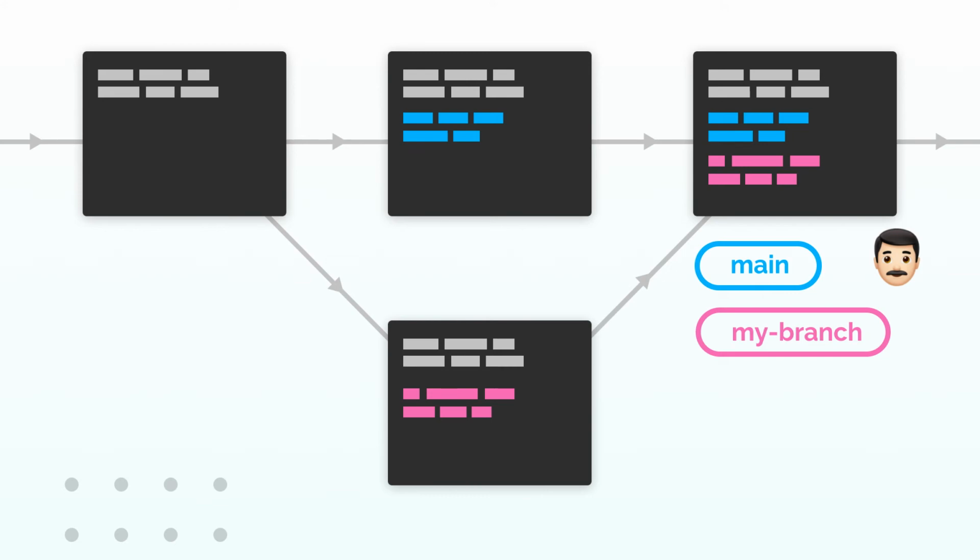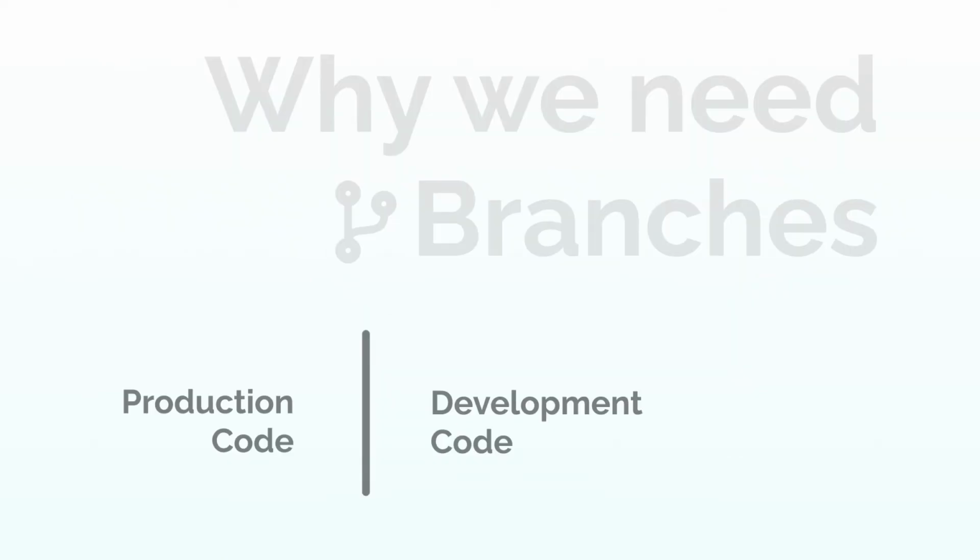You may ask why there exists such a mechanism, and here is the answer. A good example would be to keep development code away from production code, that is, more stable code. You don't want code you are actively developing to be available to the end users at all times. So we maintain these two things separately. That's where branches will be helpful.